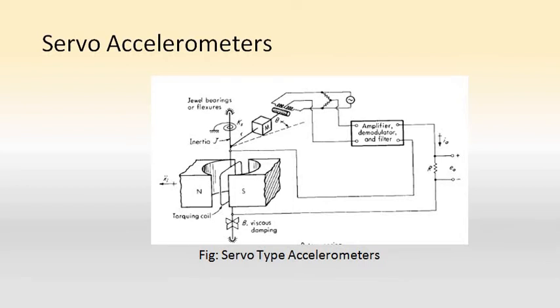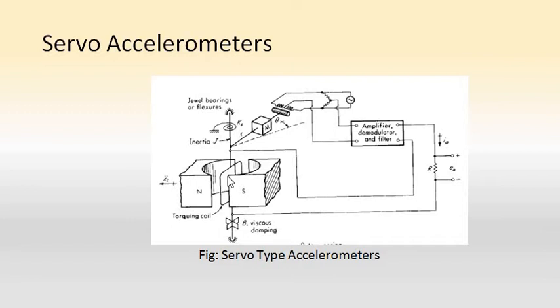So this is the figure of the servo type accelerometer. This is the simplest fashion of the device, and it is designed to measure translational acceleration. Angular acceleration can also be measured by this technique, but in that case an obvious mechanical modification needs to be done. So here you can see the acceleration xi of the instrument will cause an inertia force Fi on the sensitive mass m, and this will tend to make it pivot on its bearings.